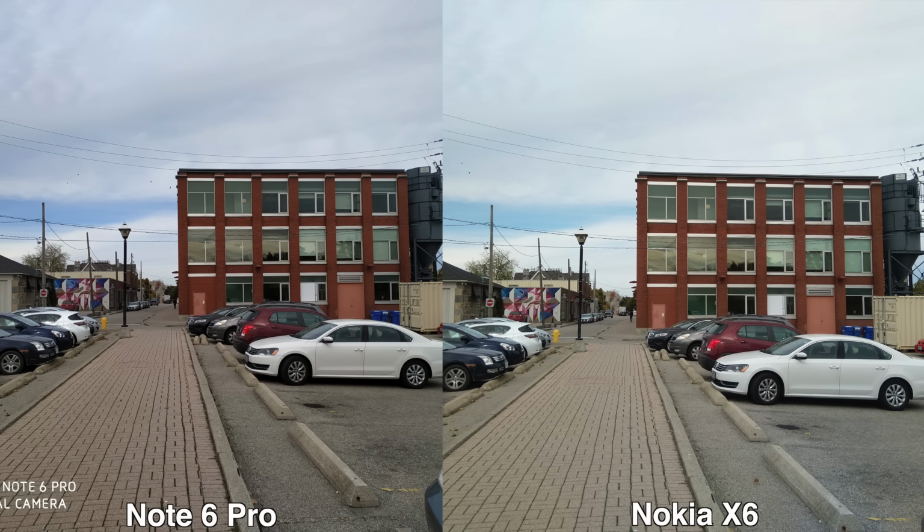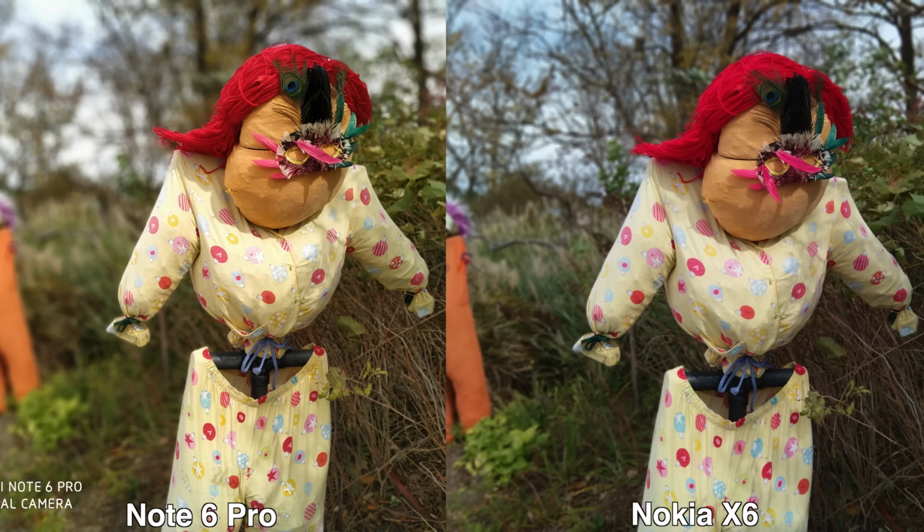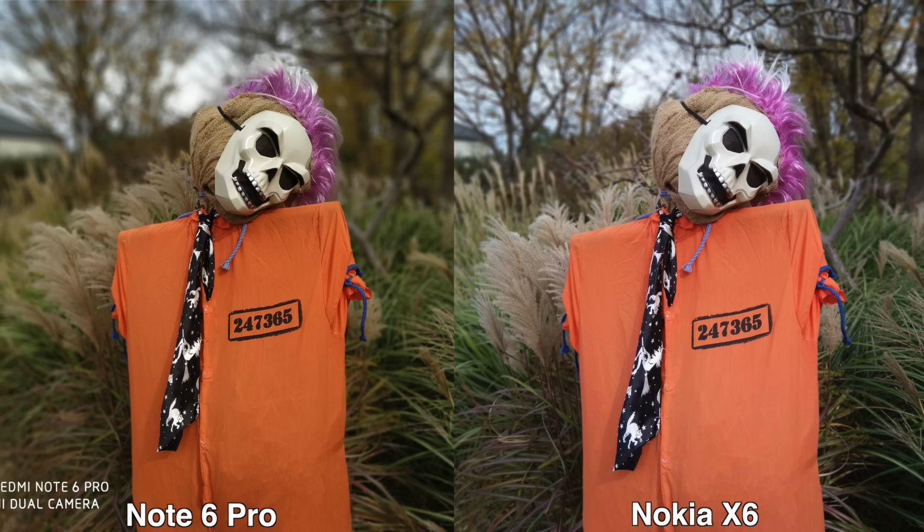So if you're looking for the phone that takes pictures closer to reality, I feel that the Nokia X6 does a better job in some situations. And I'm saying in some situations because the color of the sky for the pictures taken by the Nokia X6, well, they don't look anything close to reality. So overall I still feel that the Note 6 Pro does a better job for the color accuracy, even though